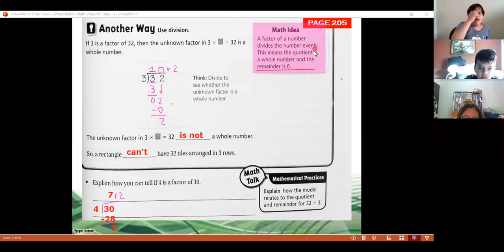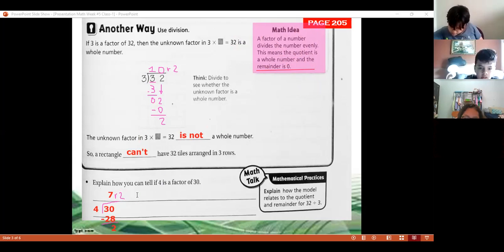So that's why I tell you, color this part. Underline all this information in color. Use one color. So when you study, you know that this is important to study, class. Remainder is 0, it means that it's going to be a factor. And you see here, we have remainder 2. I see a 2 here as a remainder. So it means that it's not a factor.